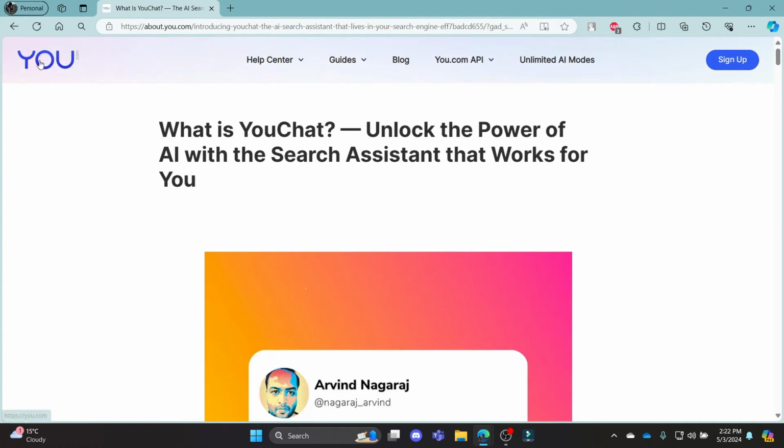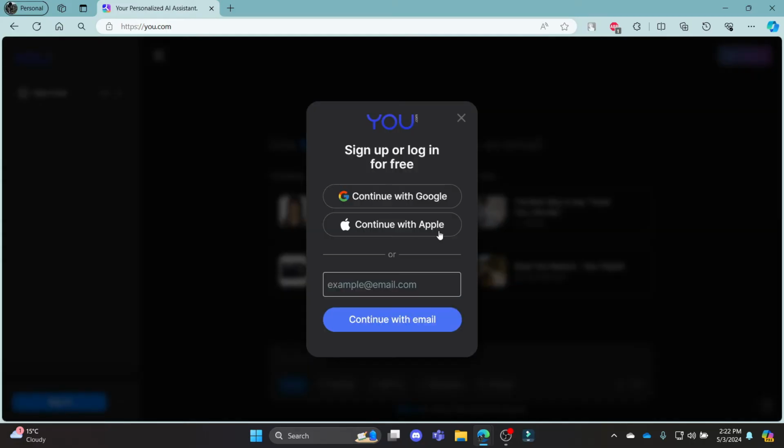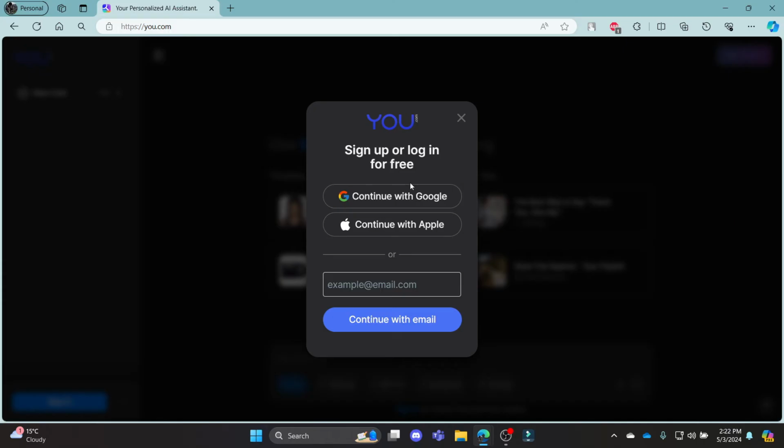Now, click on this icon which is you and you can see sign in over here. Go ahead and click sign in and you can continue with Google, Apple or your email address. If you want to continue with your email address, write down your mail over here. Click continue with email. Write down the 6-digit passcode sent to your email and then you can successfully sign in